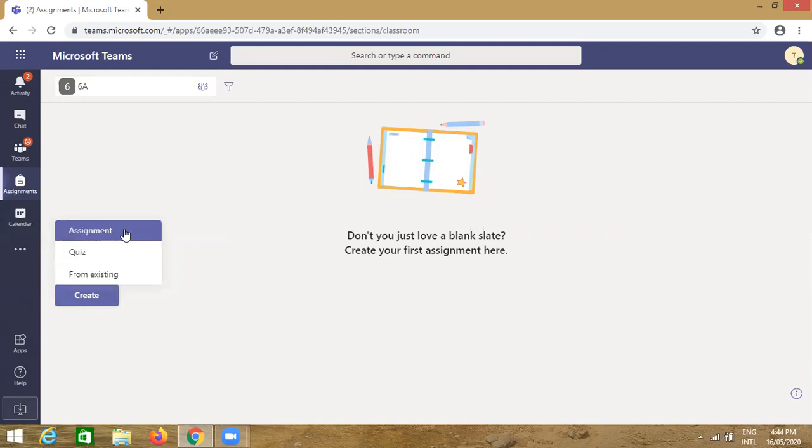The difference between all these three is that in the assignment, a teacher has to type in or write the questions, and the students will write the answers and return to you. Mean you have to type or write the questions and answers.